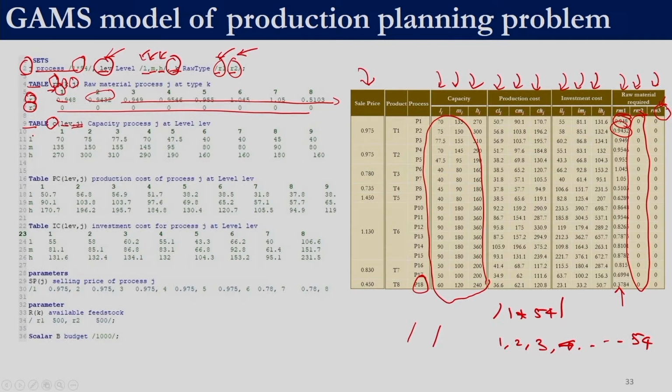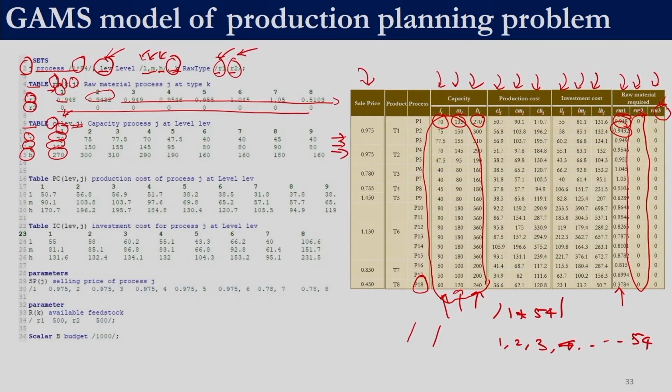And then we enter the values. L, M, H are the values of the set LEV, and those are in the rows. So for example, level L for process 1 is 70. Process 1 is indicated by this one, level L is 70. Level M it is 135. So for M, process 1 it is 135. For process 1, H is 270. So we write 270 over here. What we see over here is that column vectors have become row vectors.